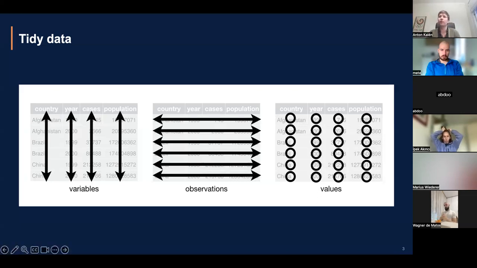Observations, so our rows, can vary a bit depending on what we actually want to analyze. When we talk about observations, and this is the same, you'll see more in statistics, probably you already did if you had a statistical course in your undergrad, we also sometimes call it a unit of analysis. So what is it that we're interested in looking at? This could be